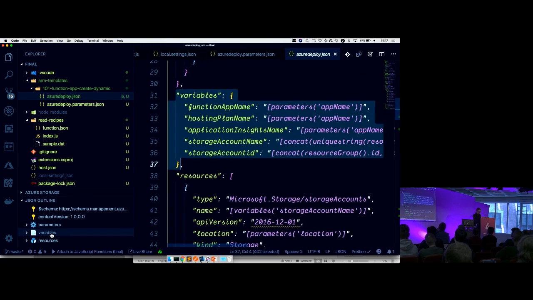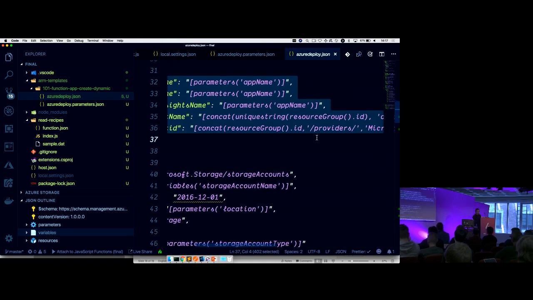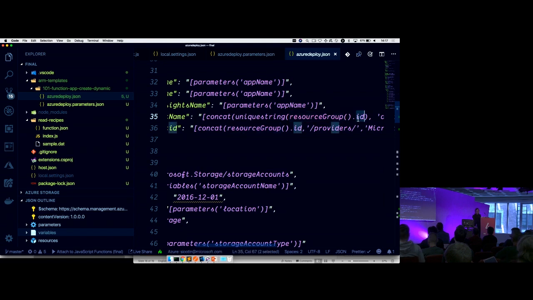The next thing that we can define here is variables. So these are things that we're going to reuse throughout our template. They're not necessarily immutable, but they're not going to change, and we're going to want to use, for example, location in multiple parts of our template, and we don't want to execute these functions. For example, resourceGroup().id, we can execute this function. We don't want to execute it throughout our template.